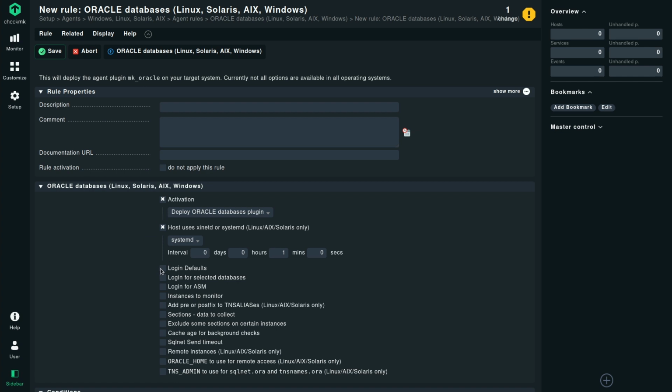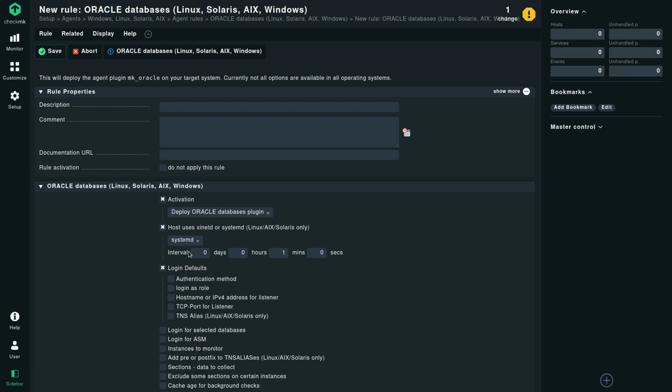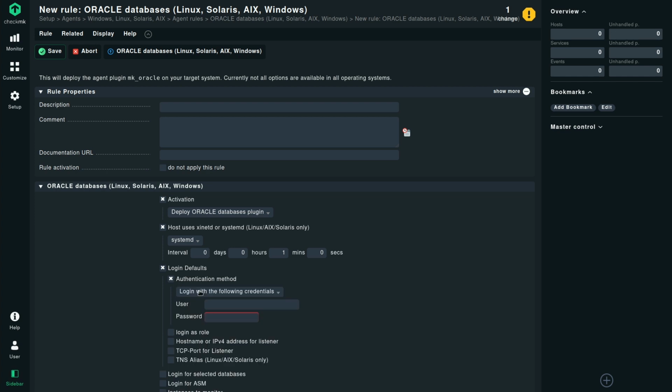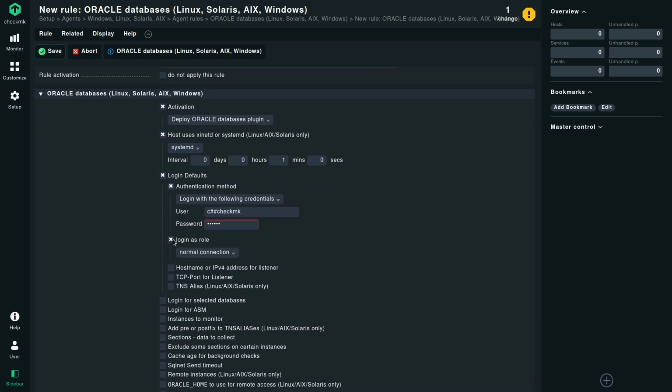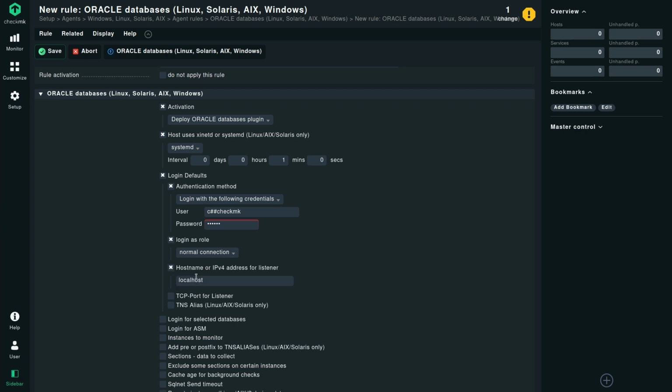Then I will choose my login credentials, choose the authentication method, define my user that I created. My user was c##checkmk and the password was secret. The role was a normal connection, but you could also select these different roles from the dropdown. Click on host name.